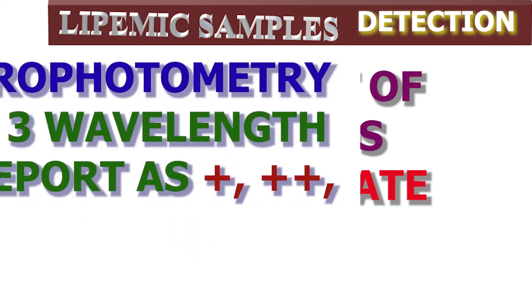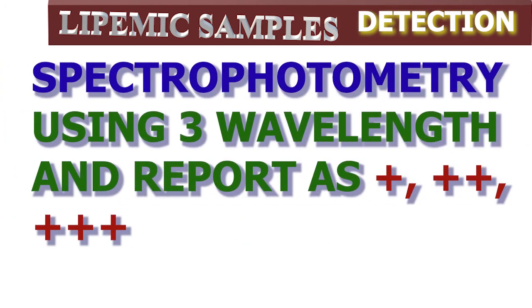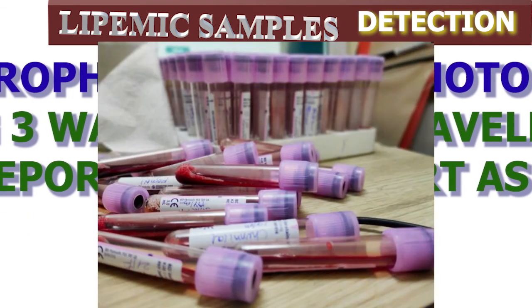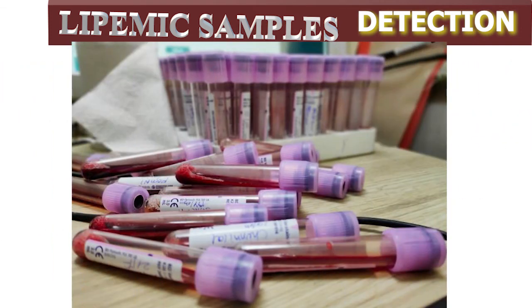to detect lipemia. Many clinical chemistry analyzers assess it using spectrophotometric analysis. Many analyzers have 2 or 3 wavelengths to detect the turbidity. The detection of lipemia is technically more difficult for whole blood samples that are not centrifuged, which are used for blood counts, blood gas analysis, and point of care analysis.